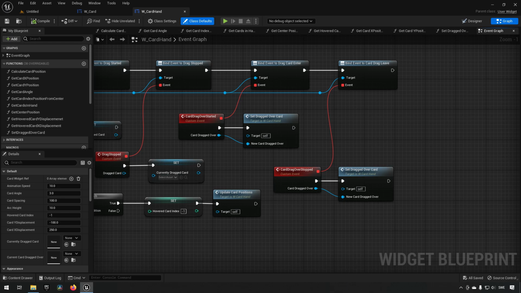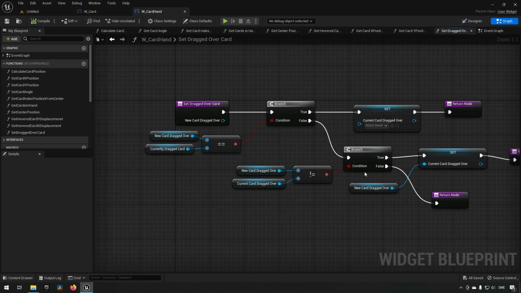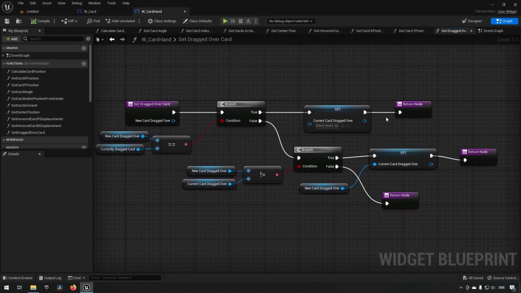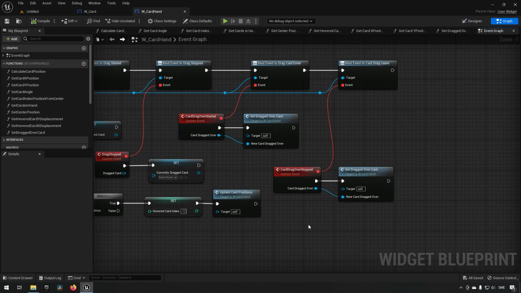Since the last part of this edit, I have had a sleep, and I have decided to change things up a little bit. I want to reduce complexity, because some things are too complex and I wanted to keep it simpler, because modularity and maintaining code is better when you have it in small chunks that are easy to understand. For example, the set over card here is a little bit convoluted, so what we'll do is we'll create a